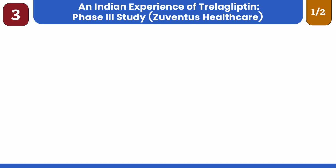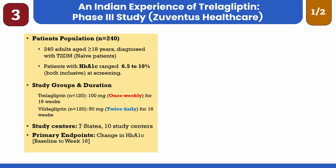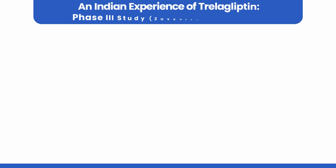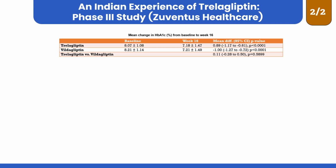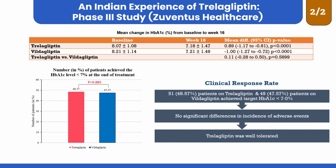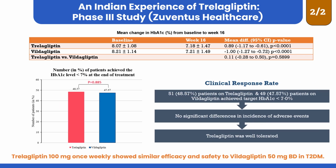The Phase 3 study in India involved 240 adults with type 2 diabetes mellitus. Trelagliptin administered once weekly showed comparable efficacy to twice-daily vildagliptin, with no significant adverse events. Further Phase 3 data revealed that Trelagliptin achieved target HbA1c levels in 54.87% of patients, demonstrating similar safety and efficacy